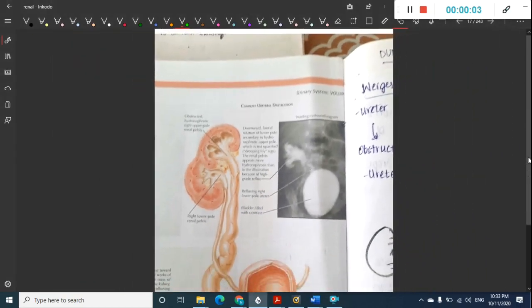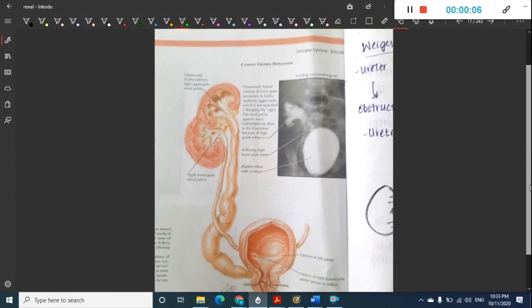In this chapter, let us now learn about a new disorder which is congenital complete ureteral duplication. So if you see here, there are two ureters, right? One is the larger ureter, the second is the smaller ureter. The ureter draining the upper pole is large and it is draining down and medially, right? And the ureter draining the lower pole is small and it is draining the upper part of the bladder, and it is also draining laterally, and this rule is called the Weigert rule.